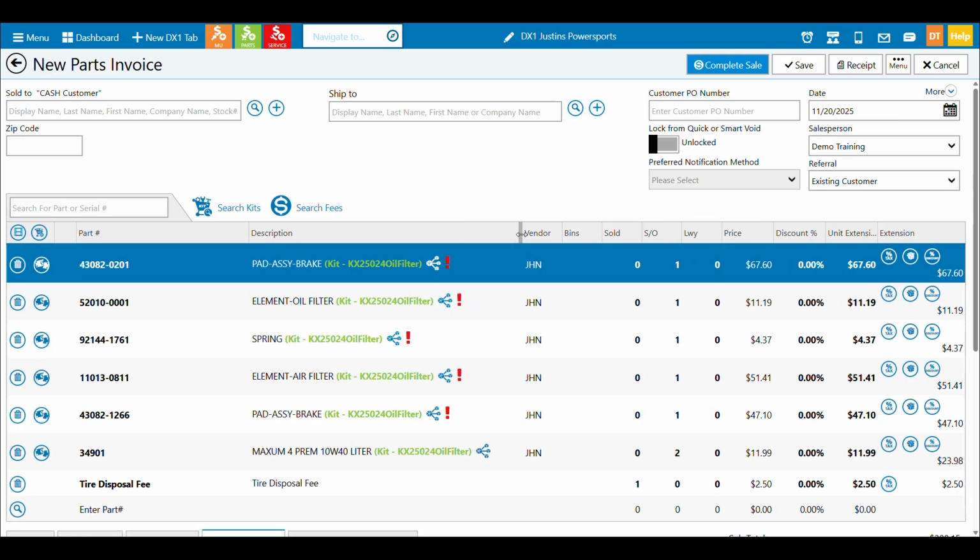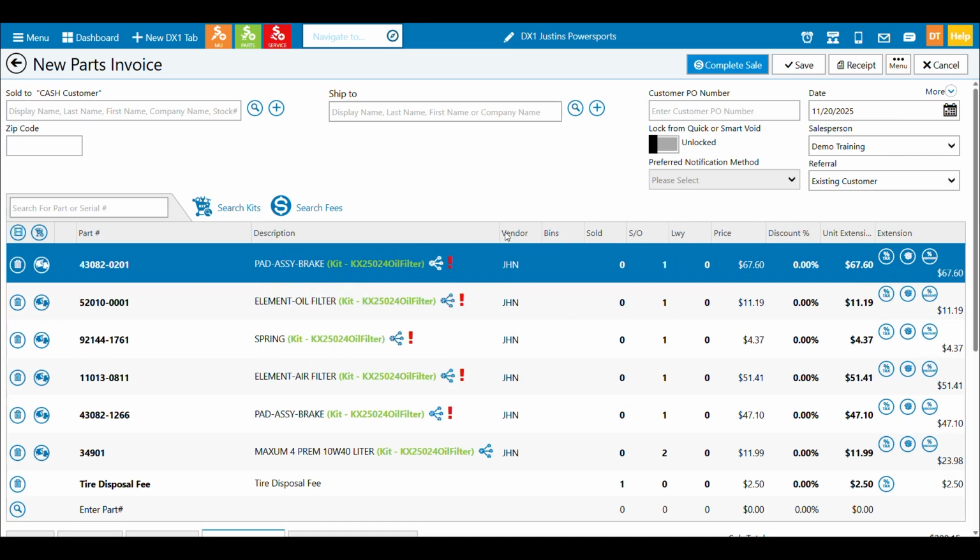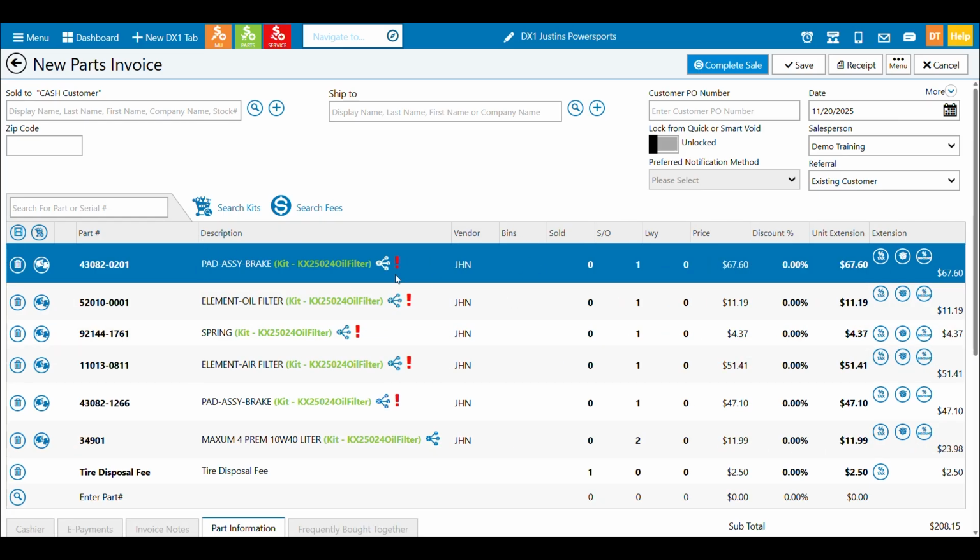Again, a lot of people can have different resolutions on their screens, so don't forget, if things feel like they're over 2 lines and you don't like the way it looks for your screen resolution, you can drag things out. My part numbers, I don't need that much space, etc., to get the view that you want. All right, so as we keep working our way from part number to description, we got some icons. We can see a particular vendor that part is related to. If there were bin locations that were added, we'd see those here.